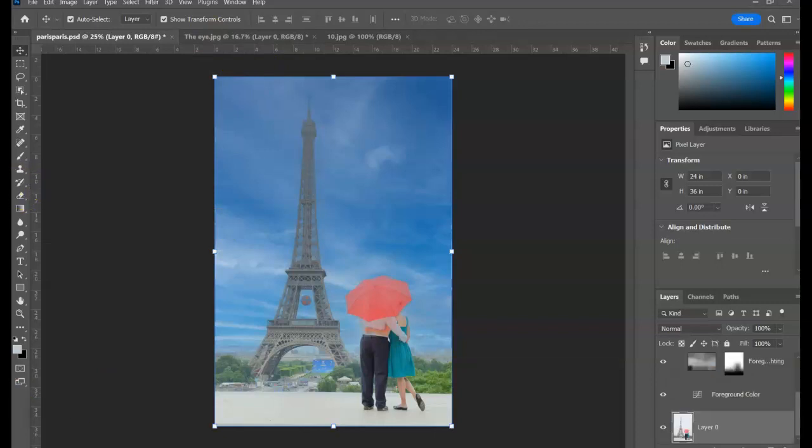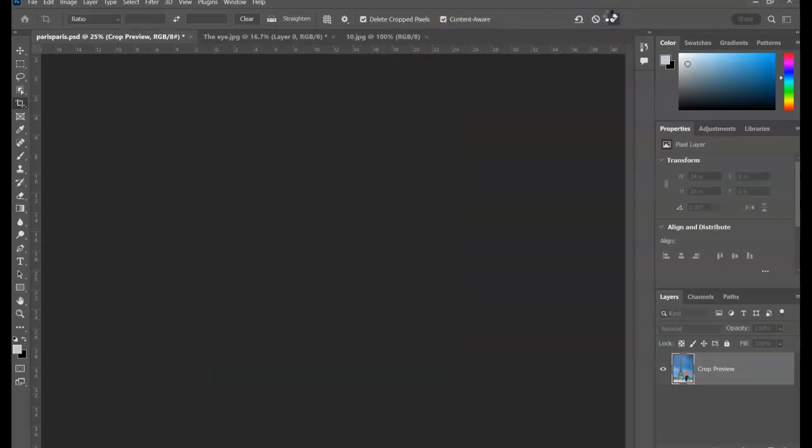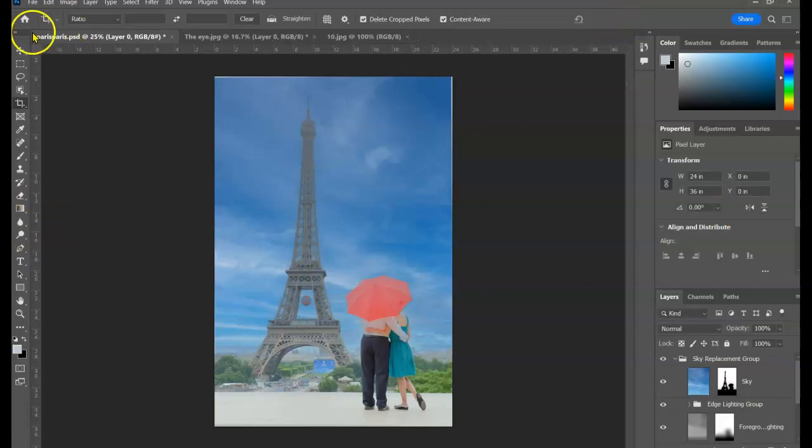And just as a quick review, this does not look exactly even, so I can go over to my crop and I can click the straighten. I could either choose to straighten the Eiffel Tower, or I could try to straighten right here, make sure that I've got my content aware fill in case we need to add a couple more pixels. And there we go. If I wanted to add a border,